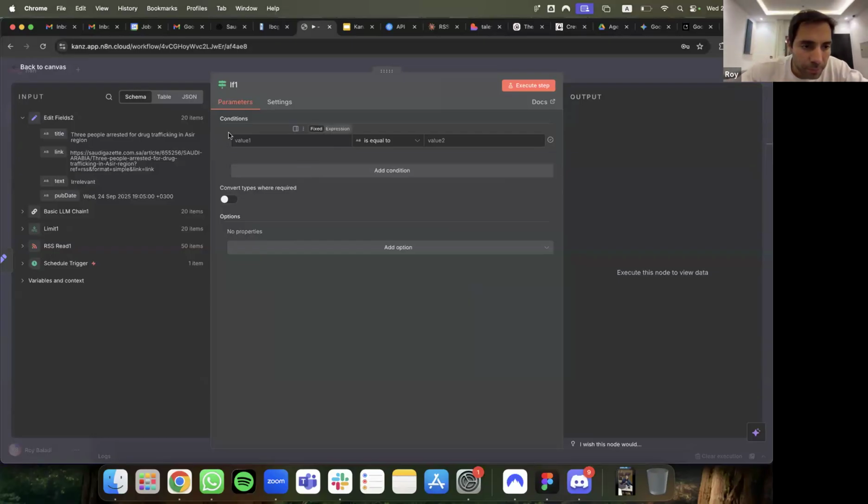Cool. All right. Within the if, drag and drop the text into the value. By the way, you're coding right now without coding. That's the point. Okay, no problem, Taha. So drag and drop the text, because this is your if condition. If it's irrelevant, ignore it, else keep it. Under value, type irrelevant, with a capital I. I don't know if it's case sensitive, so make sure that you keep it case sensitive.